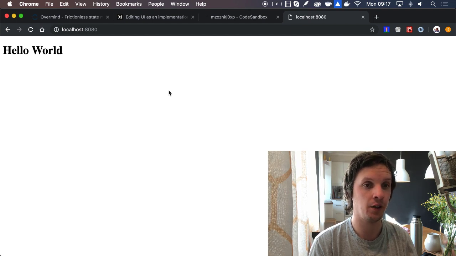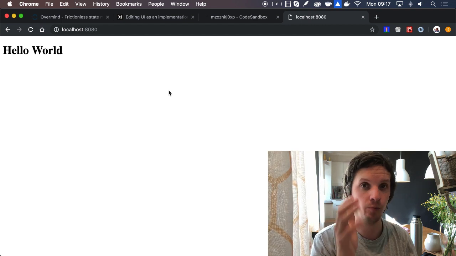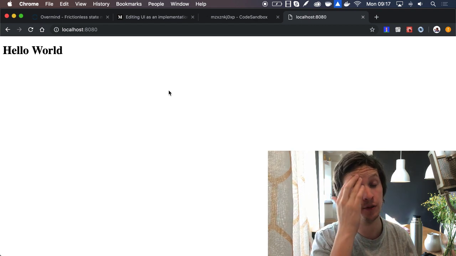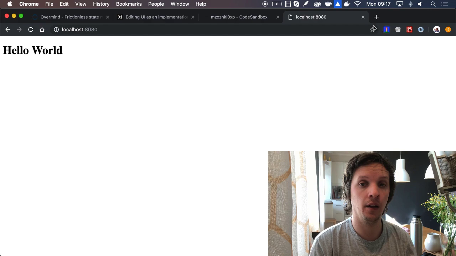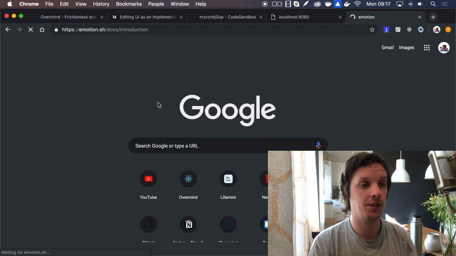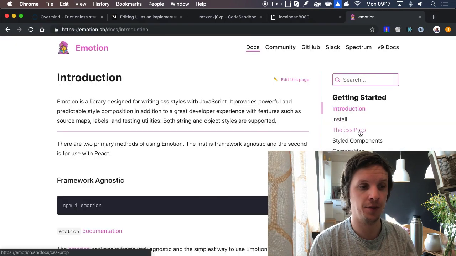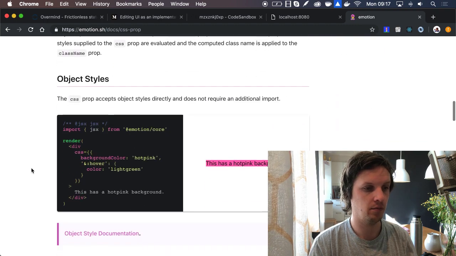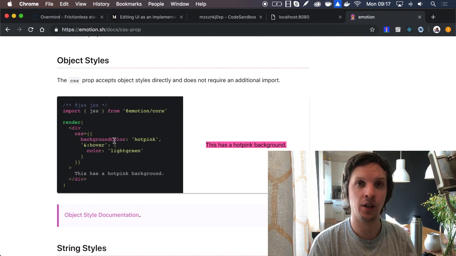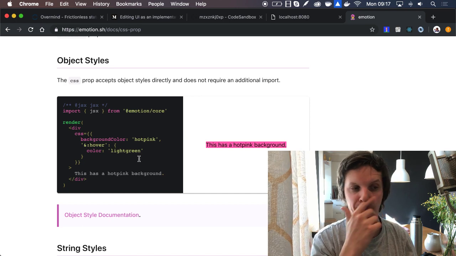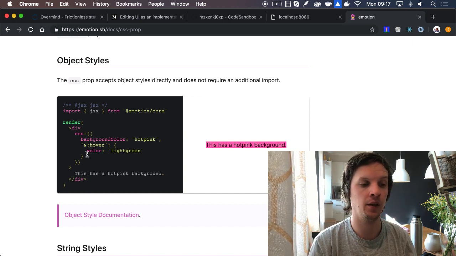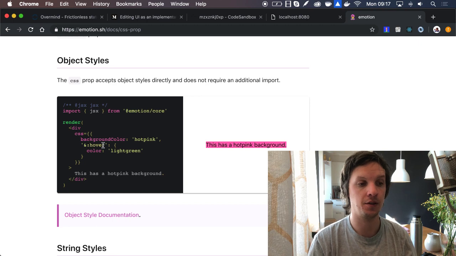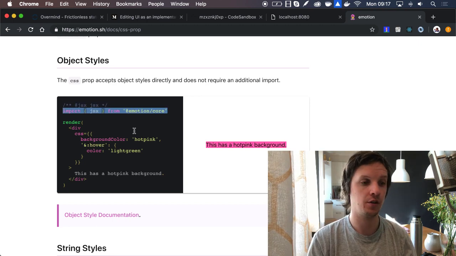And the one project that got me pretty far with that idea was Emotion, because it has this concept of a CSS prop, where you give it CSS styling, and then it automatically transforms it into a CSS class. The problem is that, first of all, you have to have a custom JSX factory.